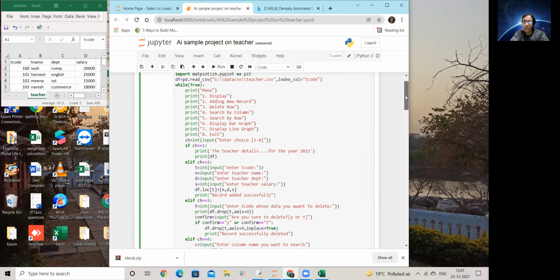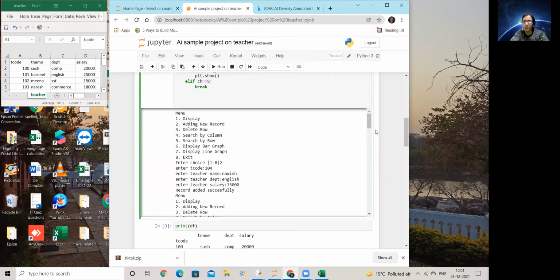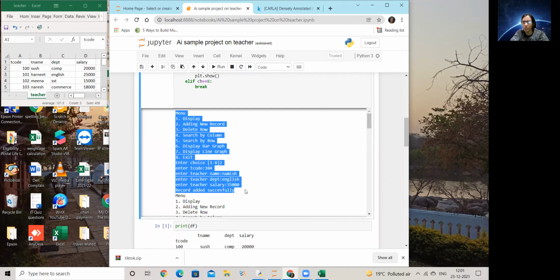Output screenshots will be: you executed each menu option and took its output with the menu. When you don't want to keep the menu every time, it's okay. You can just have the outputs further on. The first time keep the menu, and then the outputs further on. And then take a screenshot of this and paste. So ultimately, it's going to be a Word file converted into a PDF where you paste these screenshots of your code and execution, both. Output basically.